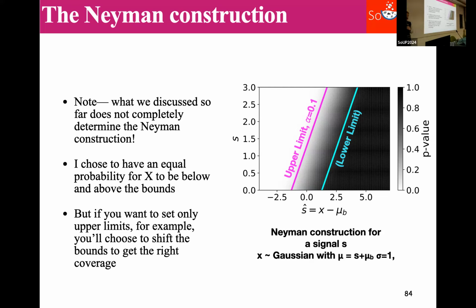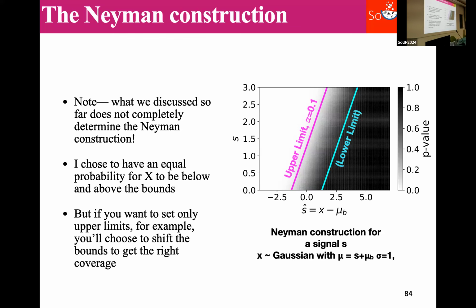Now, that would be a bad confidence interval in the sense that it wouldn't give you all the information that you want about the parameter, but it would be a valid confidence interval in the sense of frequentist statistics. However, in almost all cases, you either have upper limits, lower limits, or you make something that is central around the best fit. However, there is one extra, and perhaps the most common of all in our field, and that is that we choose our bounds in such a way that it provides both upper limits and confidence intervals depending on what the result is.